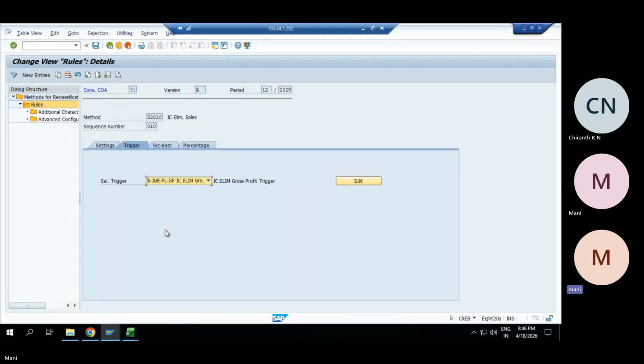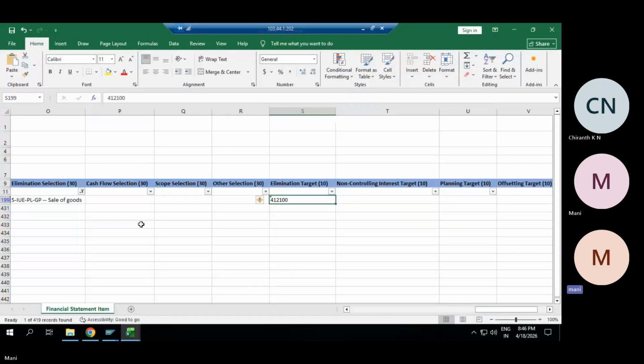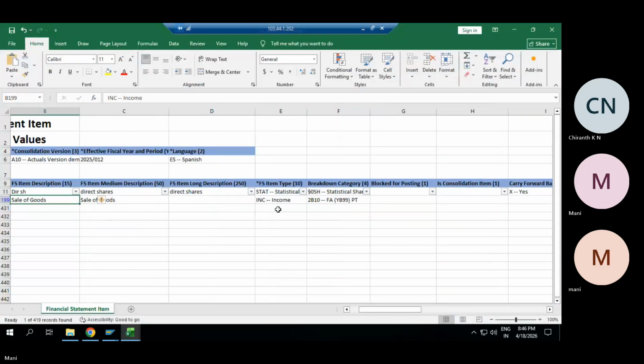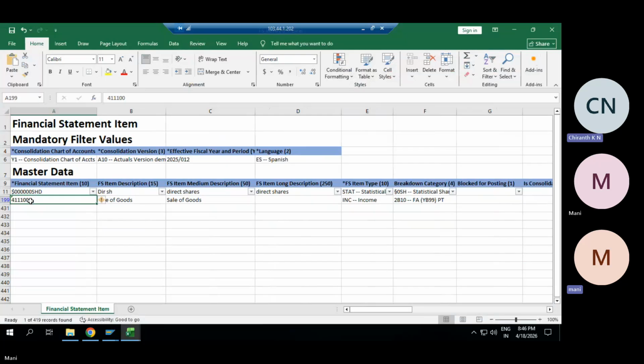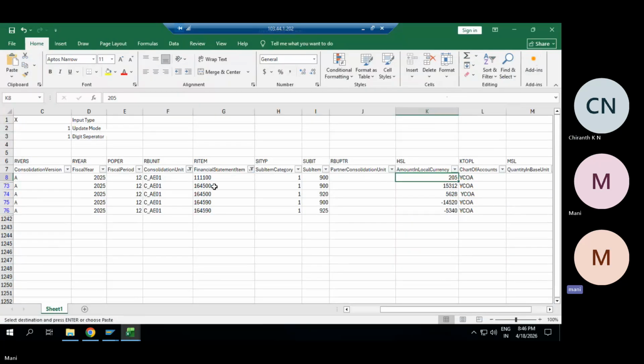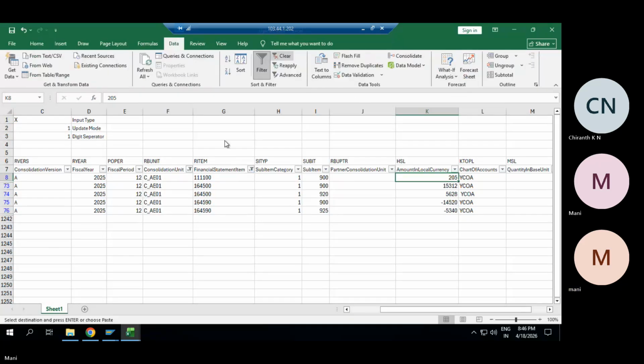So whenever the system will find this particular entry, what entry? This one, okay? In my data. So data set, if I go and check, let me remove the filter and